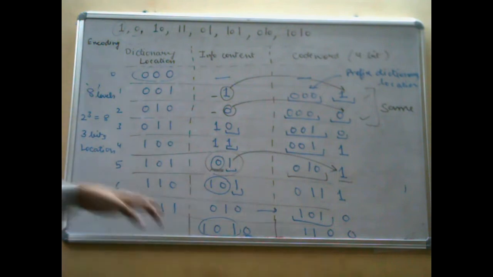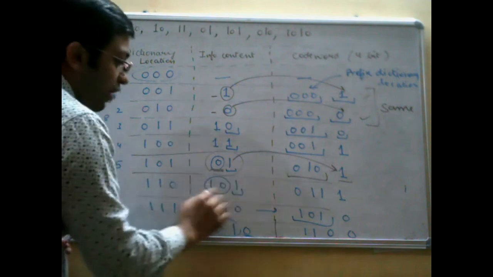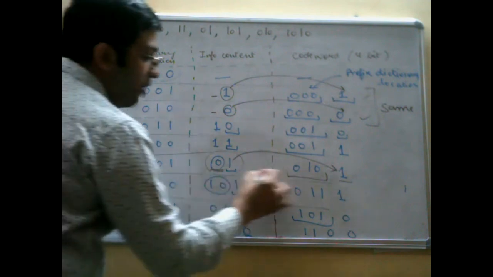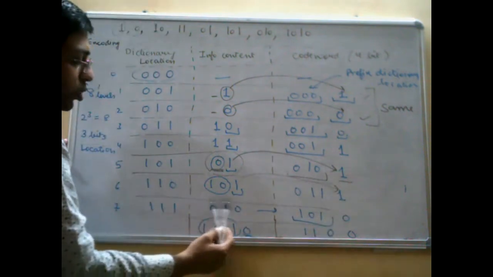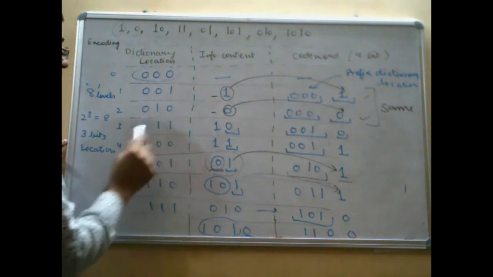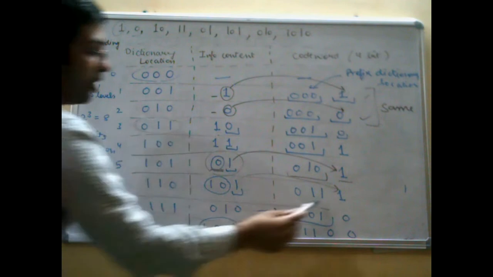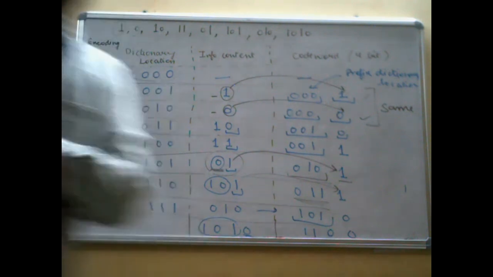Okay. Then one more example. In this case, we were having 101. So the last bit 1 will go over here at the last position. 1 will be 1. Now for 10, I will take the 2 bits. 10, where is it written? It is written over here. What is its dictionary location? It is 011. The 011 will come over here in the place of the prefix. Is it clear now? If you still have any doubt, kindly ask a specific doubt. Okay? Yes, tell me. Clear? Good.